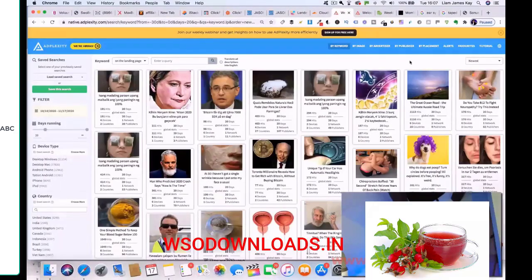In this video, I want to go over ripping winning elements from the spy tools, from what we've seen other people already have success with. Now, this is the quickest and easiest way to get a campaign up and running. You could literally just go to the spy tool, find the images that seem to be doing the best, take them, take the headlines, take the landing page, add it to your campaign,